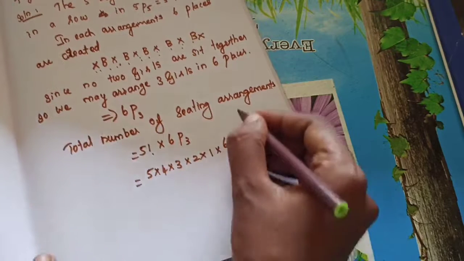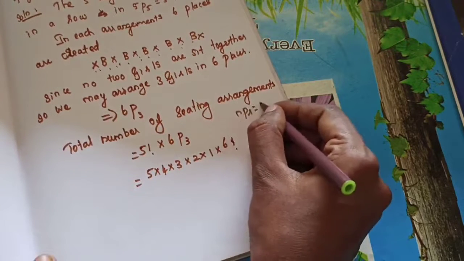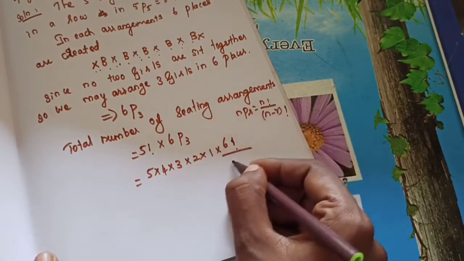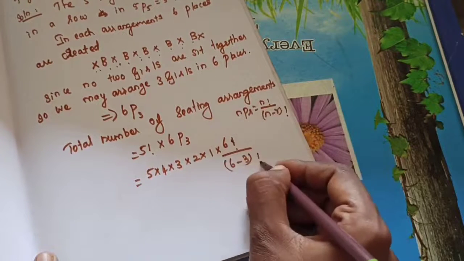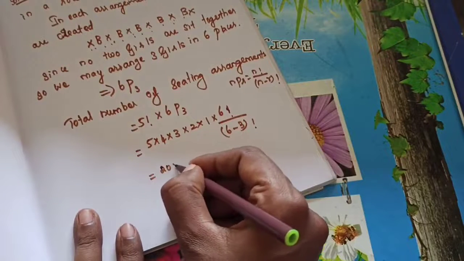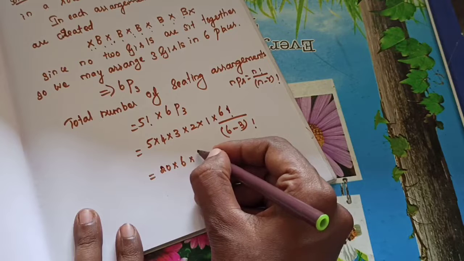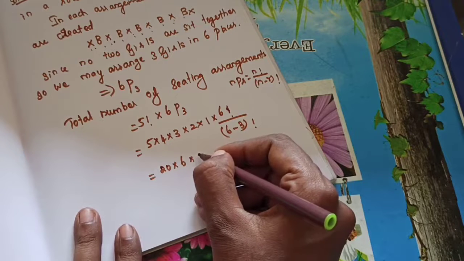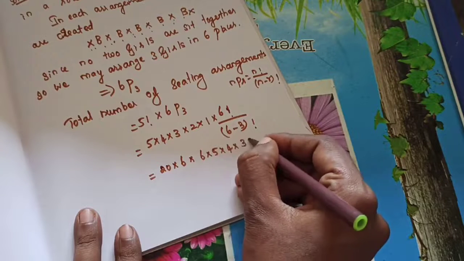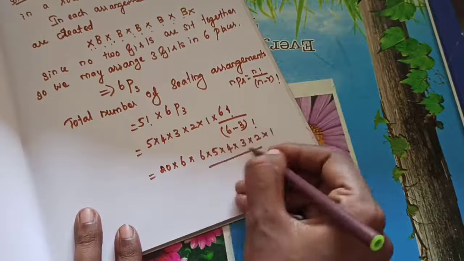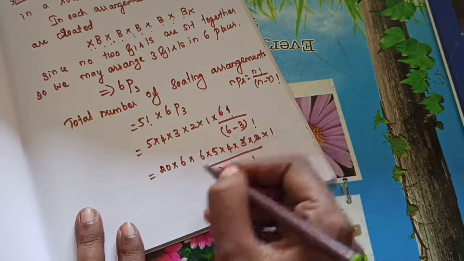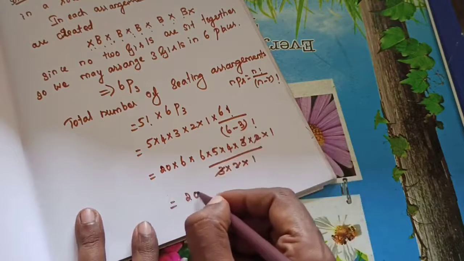6P3 means how will you write? nPr, what's the formula? n factorial divided by n minus r factorial. So 6 factorial divided by 6 minus 3, the whole factorial. That's equal to 5 4s are 20. 20 into 6 factorial, which you write as 6 into 5 into 4 into 3 into 2 into 1, divided by 3 into 2 into 1. So this 3 2 will get cancelled. What is the balance? 20 into